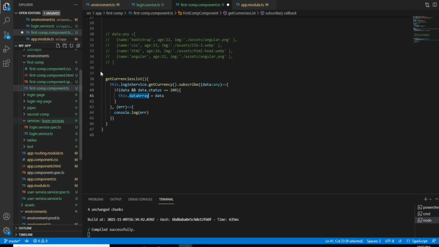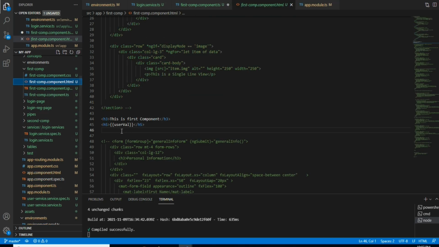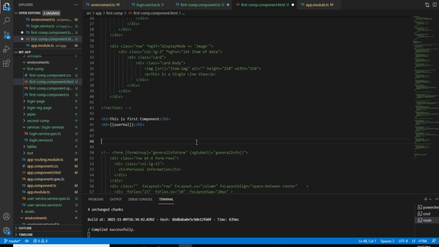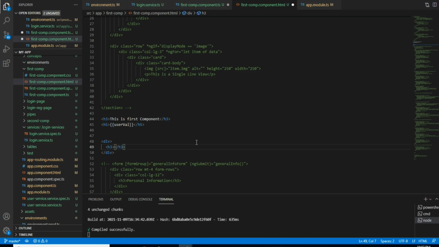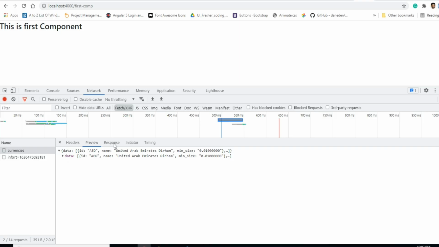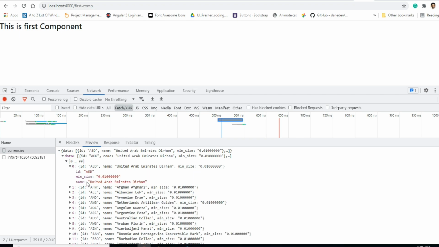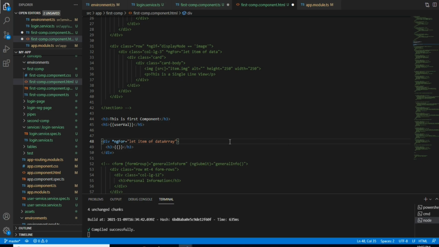Div, and I'll repeat the loop with ngFor, let item of the data array. Now we show item dot name and item dot id.